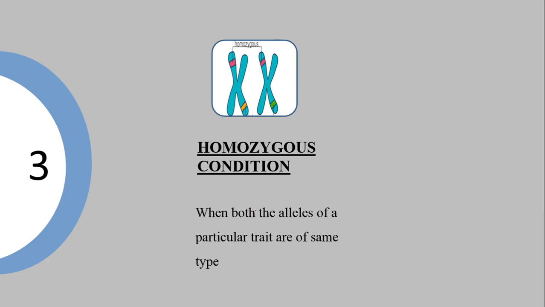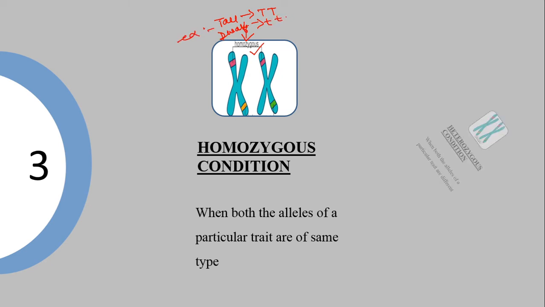Now the next is homozygous condition. It means when both the alleles of a particular trait are of the same type, as you can see here. Or we can also say that a condition in which both the members of an allele pair in homologous chromosomes are identical, meaning either dominant or recessive alleles. For example, here it is homozygous condition. It codes for either tall, that is capital T and capital T, or dwarf, that is small t and small